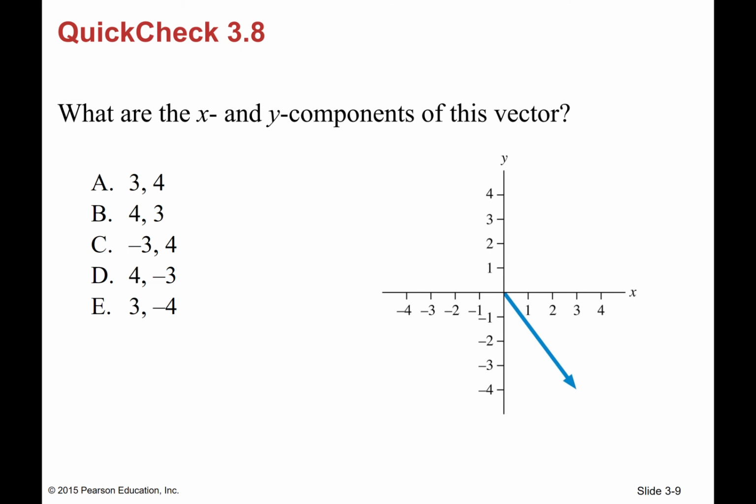How about this one here? Why don't you take a minute to answer that? Again, if you look at this now, this is the X component here, and this distance here is the Y component. So then this is 3, minus 4, right? Because this is negative. So it's 3, minus 4, so that